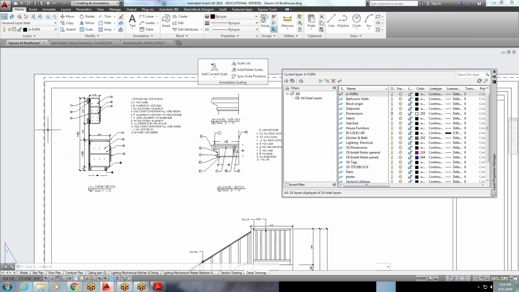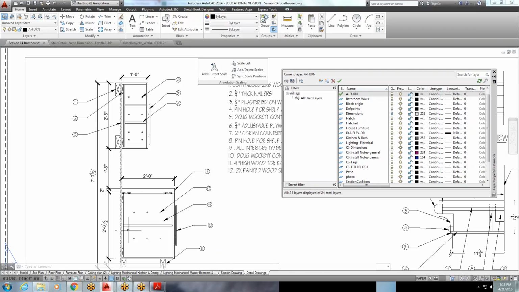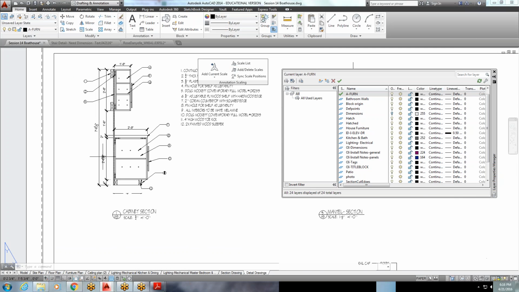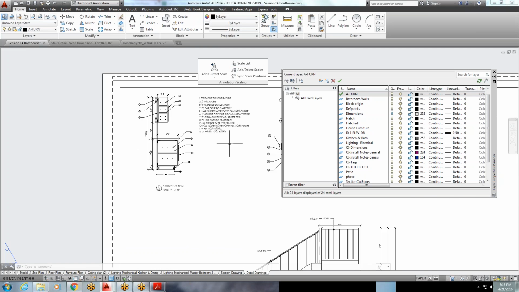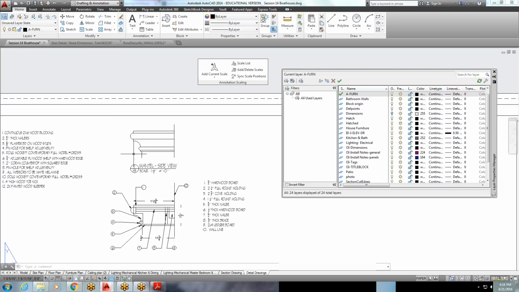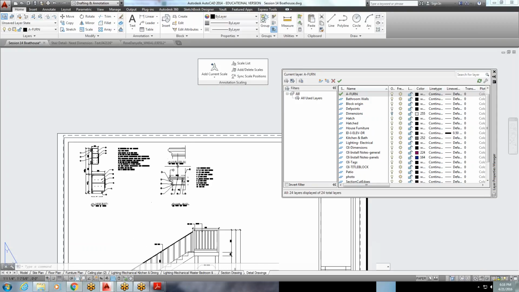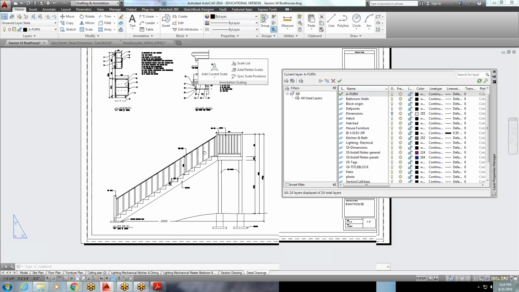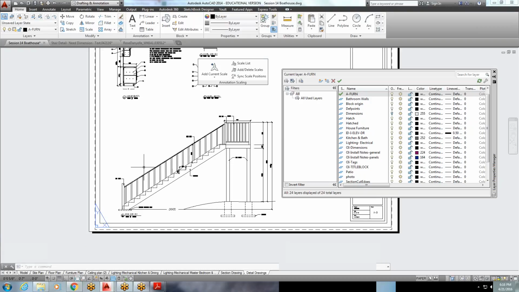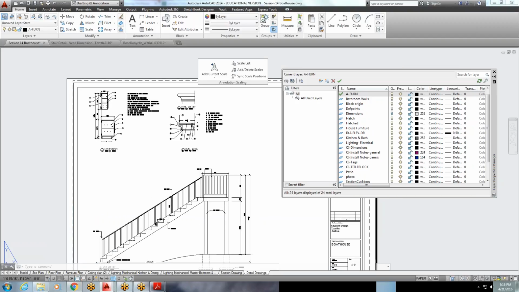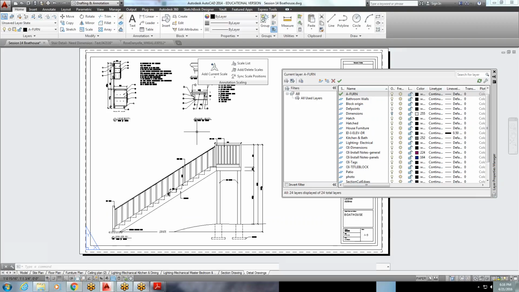Sections are more specifically showing the cut through of an item. So this cuts through, showing me the interior workings of my kitchen cabinet. The detail just shows me some pretty in-your-face information about my mantle or my stair. It's not cutting through, it's not telling me anything extra. It's more just a side or a front elevation, or possibly some type of denotation,